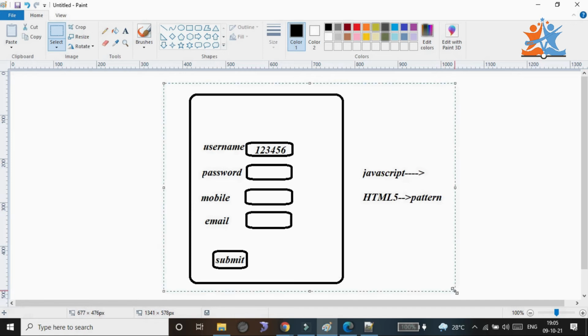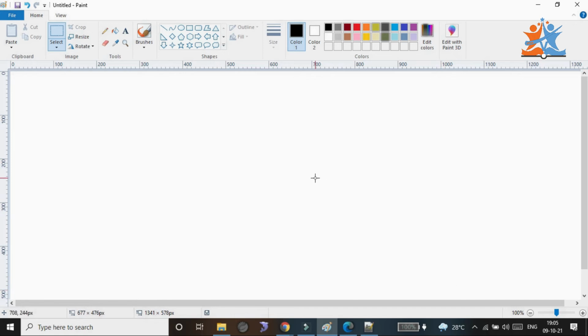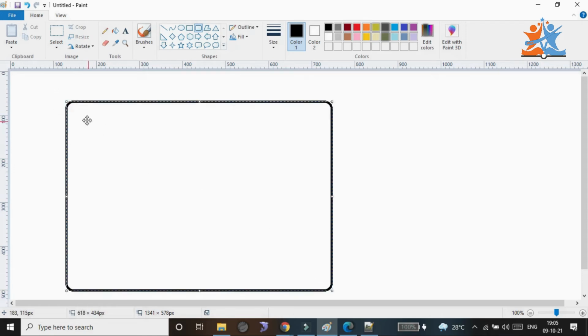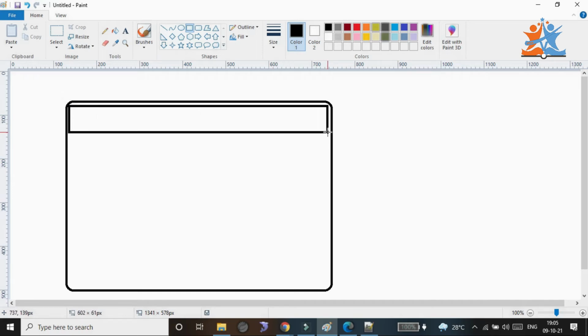Whenever we have a browser, in the browser we have a header part, a header of the element. Here we need to present some of the logo of the website, or we can give some menu options.